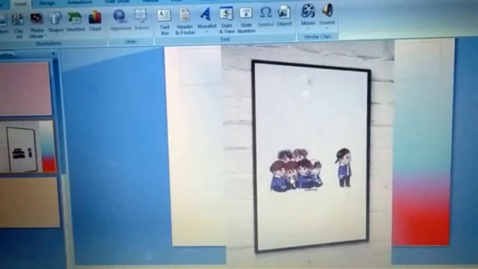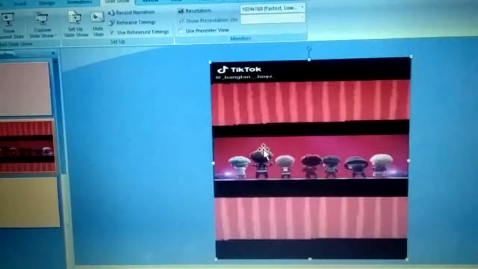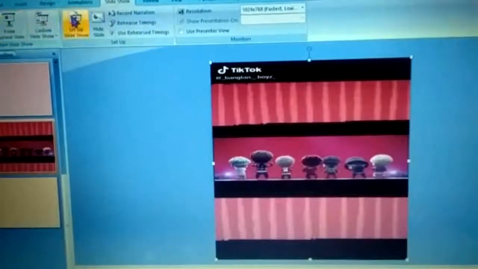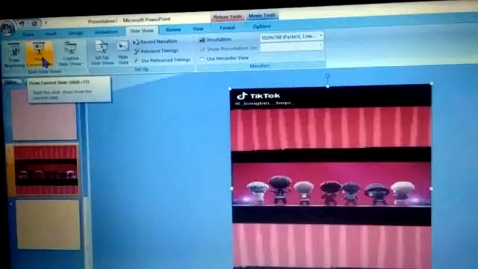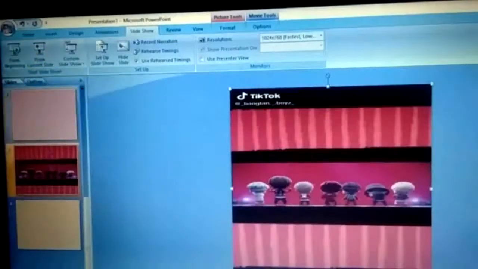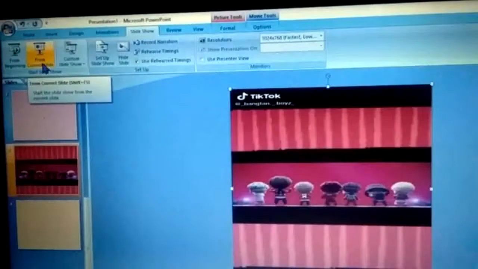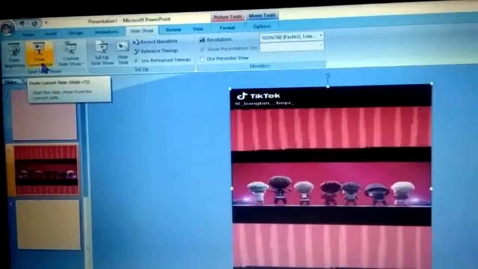Fine, when I say when clicked, and this video is too big, let me resize it for you. So we have inserted our video. Now what we will do, we will go to slideshow. Okay, and I want the third slide to play. So I will say from current slide. So this is how you play from wherever you want to play the presentation.